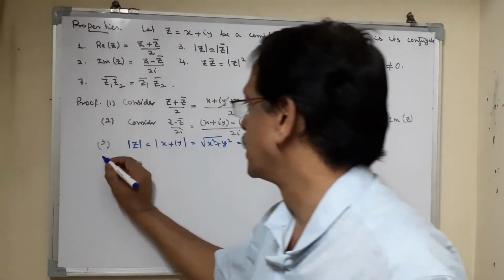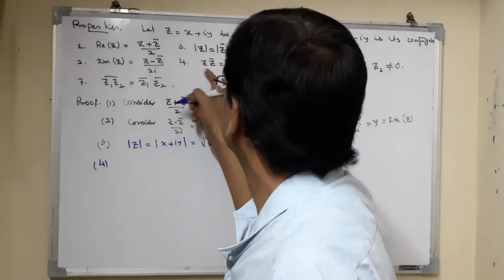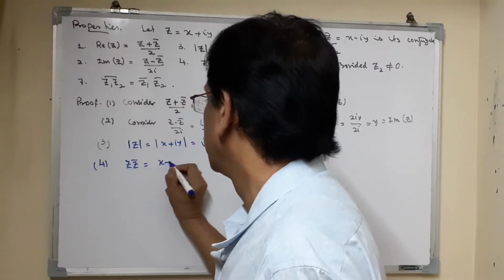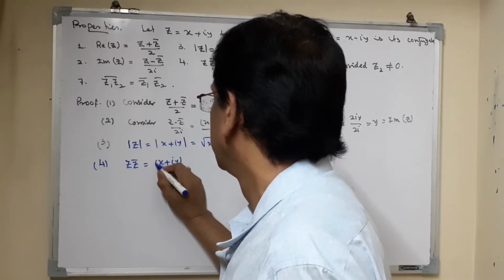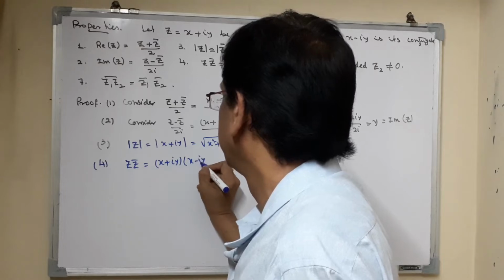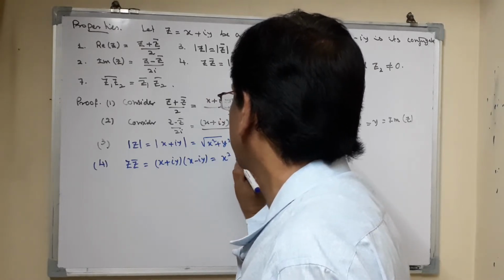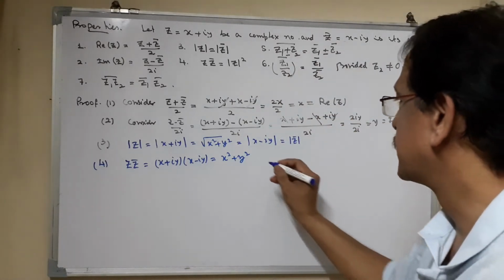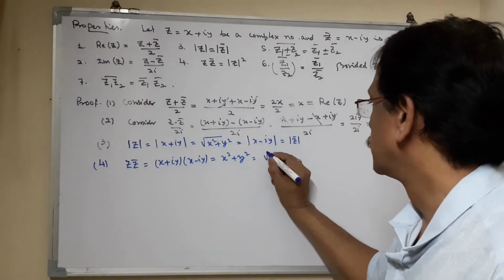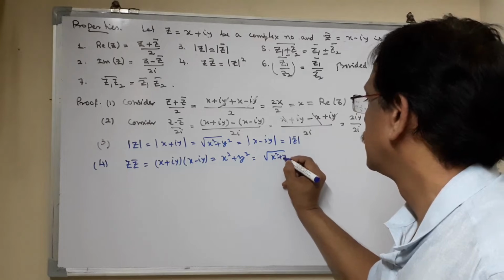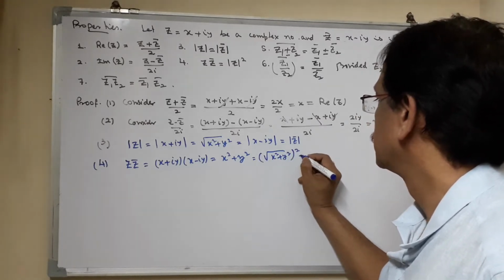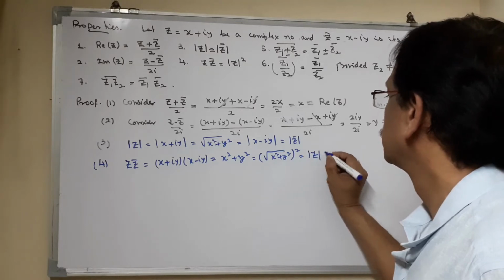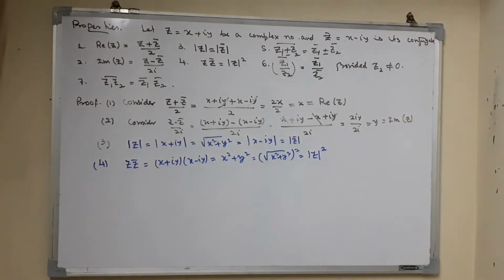What about the fourth one? z z bar, already I have done it. z z bar equal to x plus iy into x minus iy, which is equal to x square plus y square, and x square plus y square is equal to root of x square plus y square whole square. So root of x square plus y square is mod z, so mod z square. And fifth one,